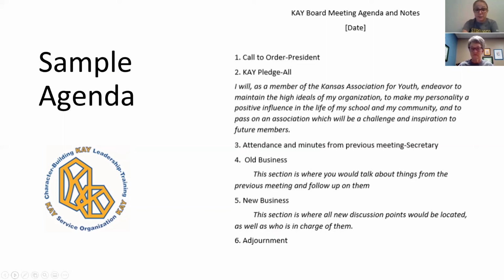Again, that's very important when you're talking about points. We have an old business section where you would talk about things from previous meetings and follow up on them. An example would be maybe in October, you go over your membership drive, talk about what worked, talk about goals for next year with it, and anything that you've discussed at previous meetings. There's also a new business section, which is where you would discuss things that are new, things that you have not talked about yet. So maybe that same October meeting, you would start talking about Citizenship Week.